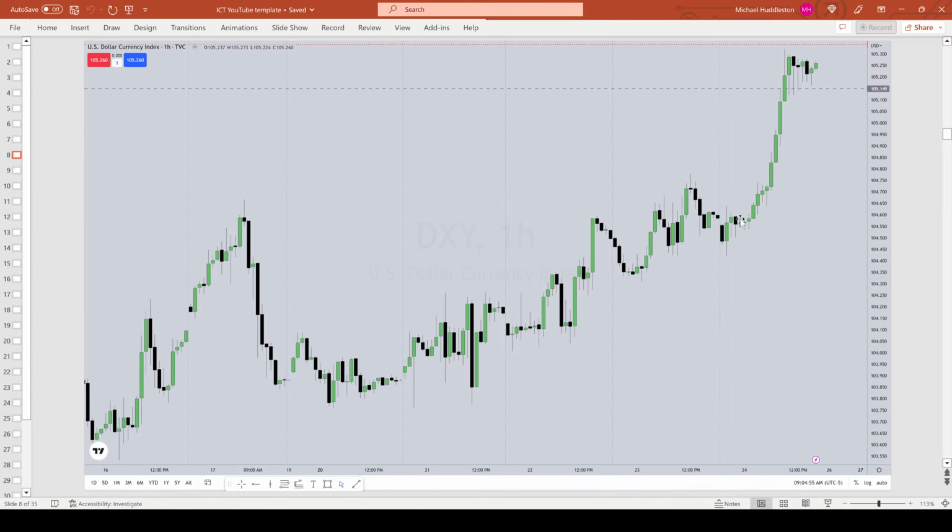Or buying in this area and then rallying all the way up, and it's just a straight shot run, beautiful, no looking back. It just keeps on driving where you want it to go. That's the type of move every trader wants.